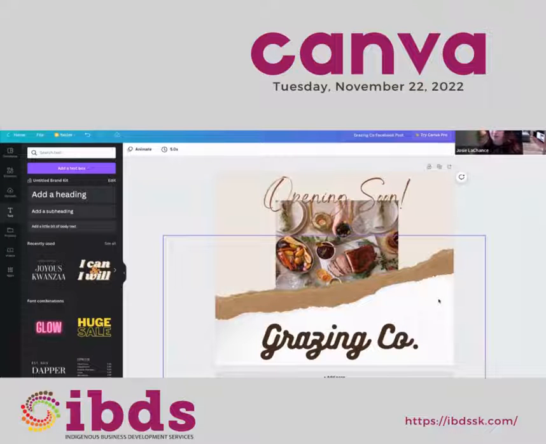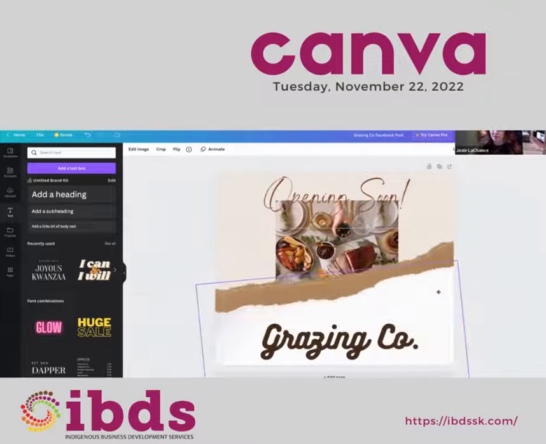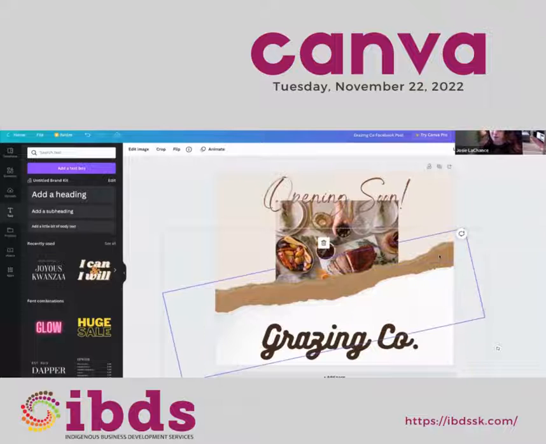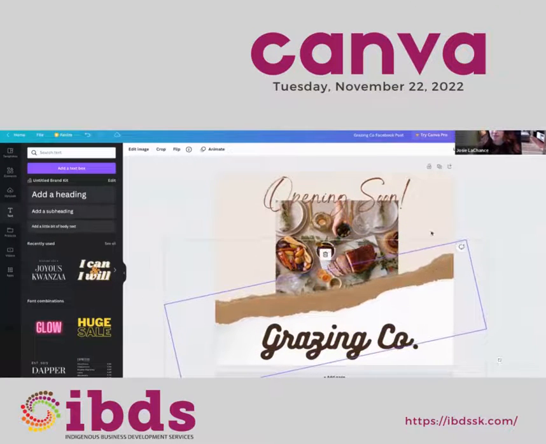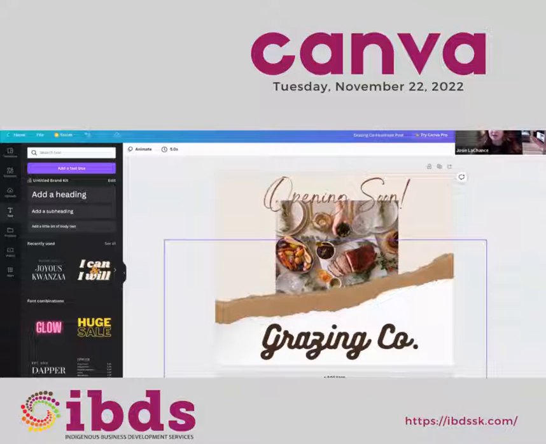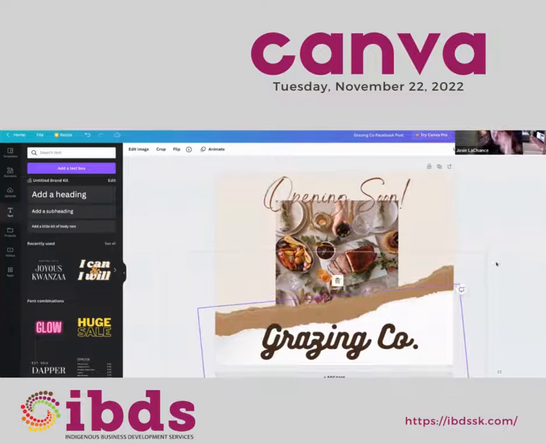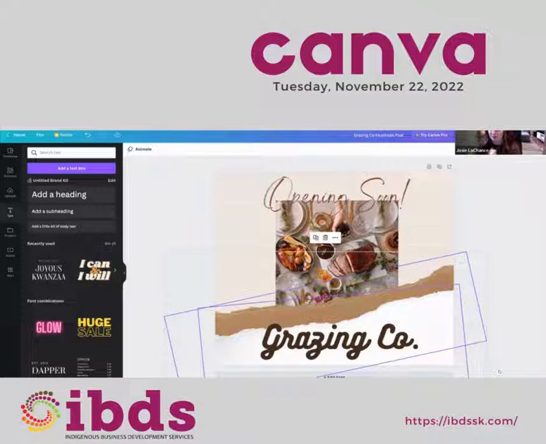So if I click on the white part, everything's going to move. If I click on the brown part, it's all moving. And you can do that, which is really nice if you're using a lot of different parts in here. And then to simply ungroup them, you just click it and hit ungroup again.